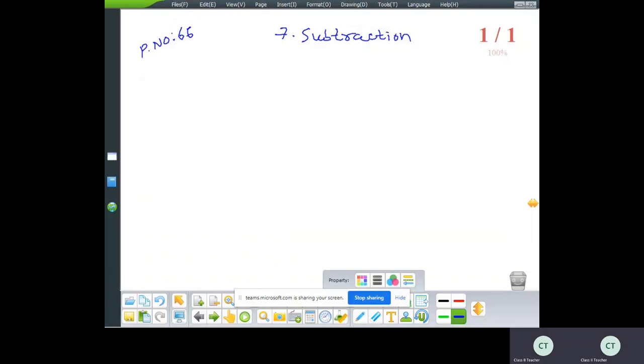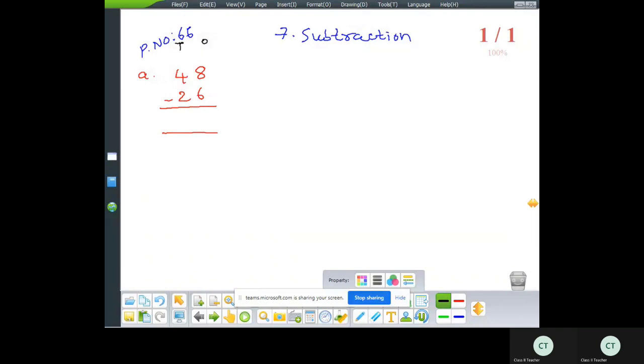Now, subtract the numbers using the bundles of 6 and loose 6. For this problem, we can do directly, no problem. Now, A1: 48 minus 26. First we write the place values, 1 and 10.